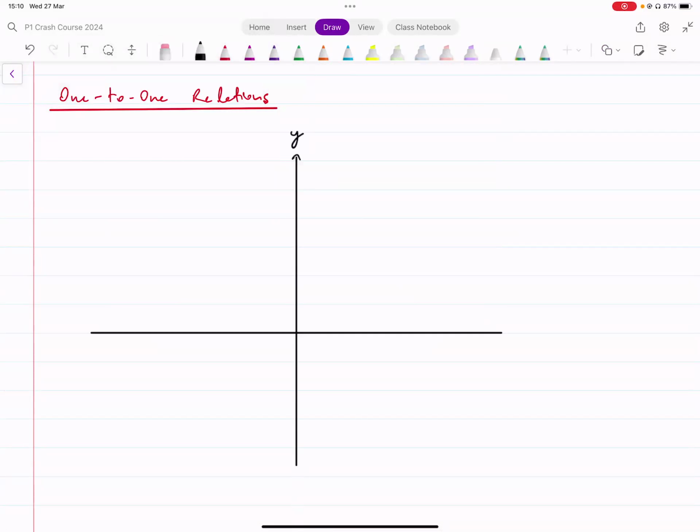You have y here and you have x here, and maybe you have a line like this. Now it's a straight line. What's special about this line is that for every single value of x, you have only one value of y. For example, if you have this value of x,